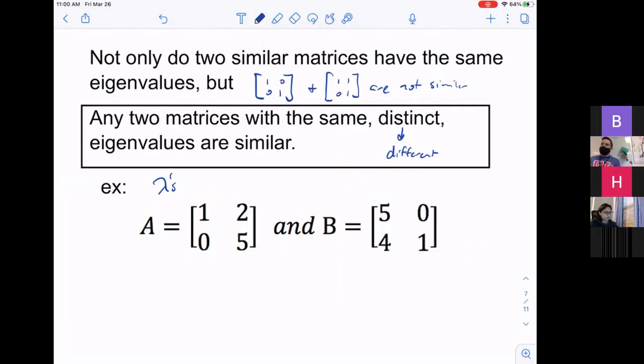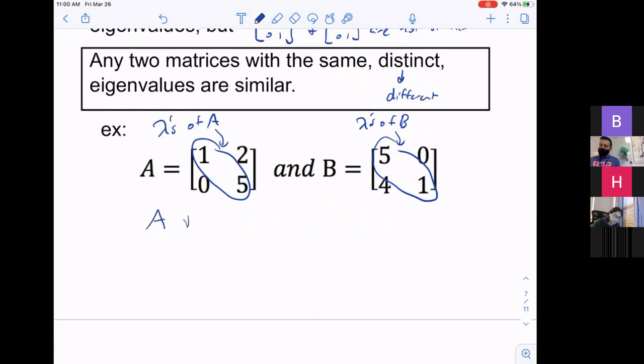But like the identity and that other one don't have the same distinct eigenvectors. All right, so eigenvectors of A, again, are 1 and 5. Eigenvectors of B are also 1 and 5, which means A and B are similar,